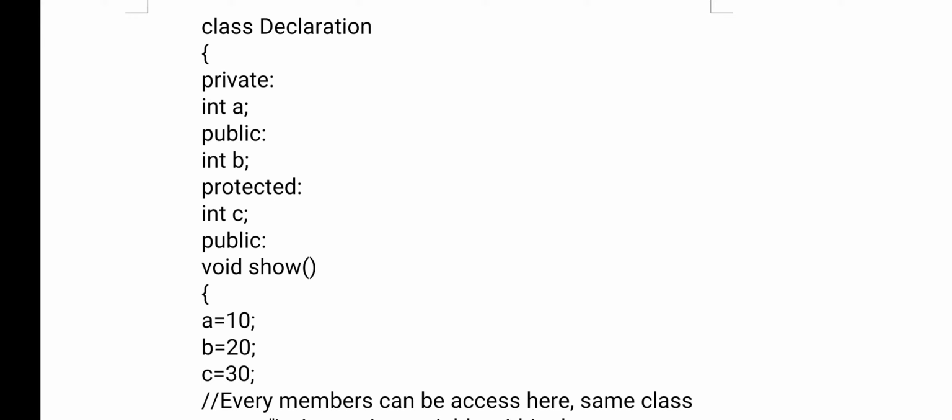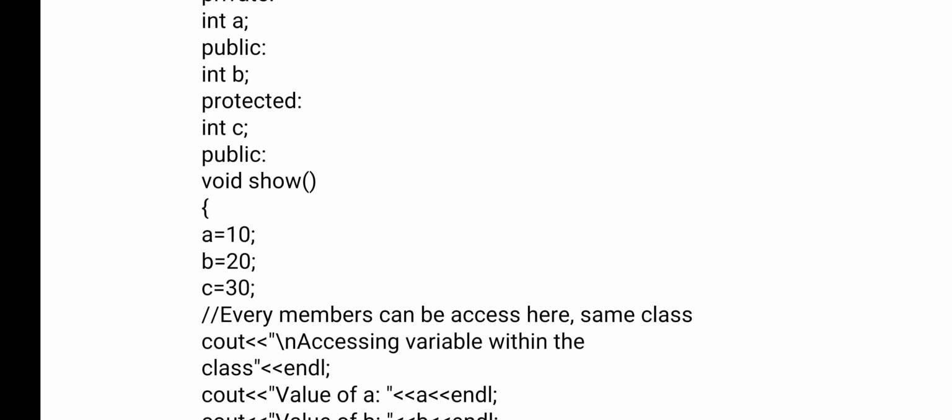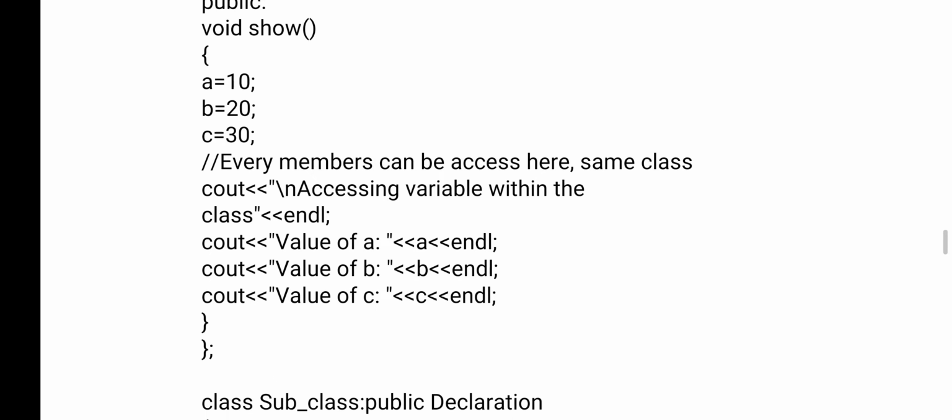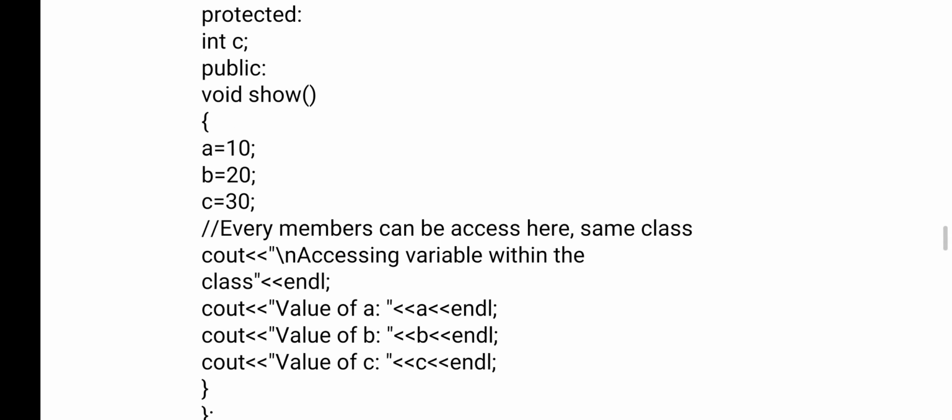Any variable inside private can be accessed inside the class only. If you have declared any variable inside public, it can be accessed inside the class and outside the class also. Now protected: whatever variables you have declared can be accessed by its own class and its child class.